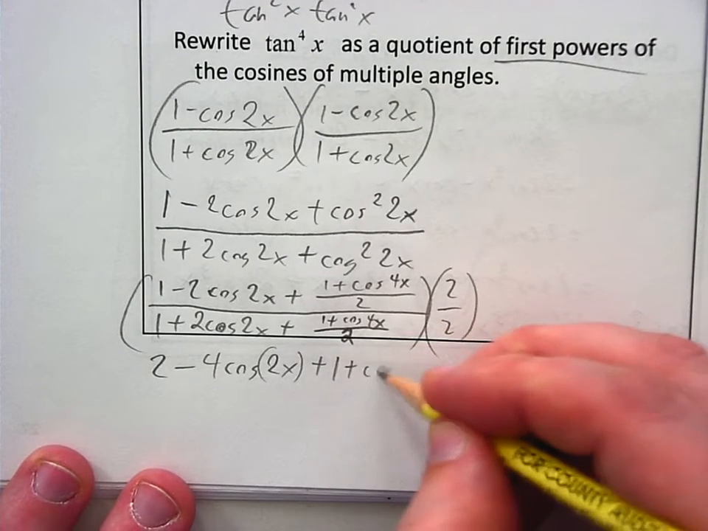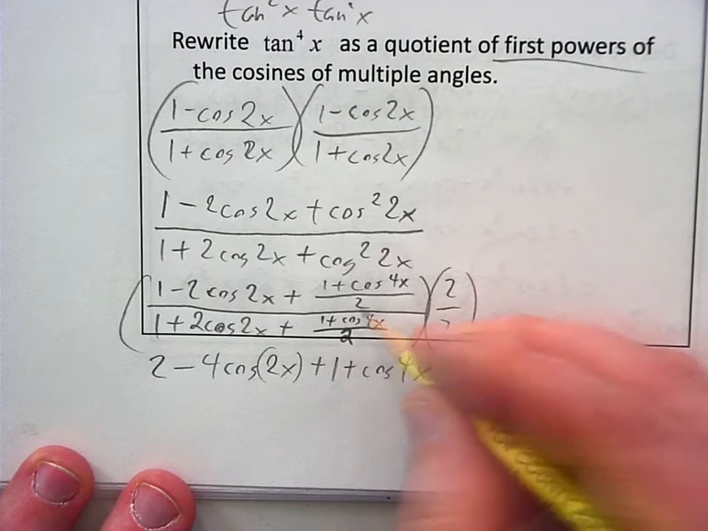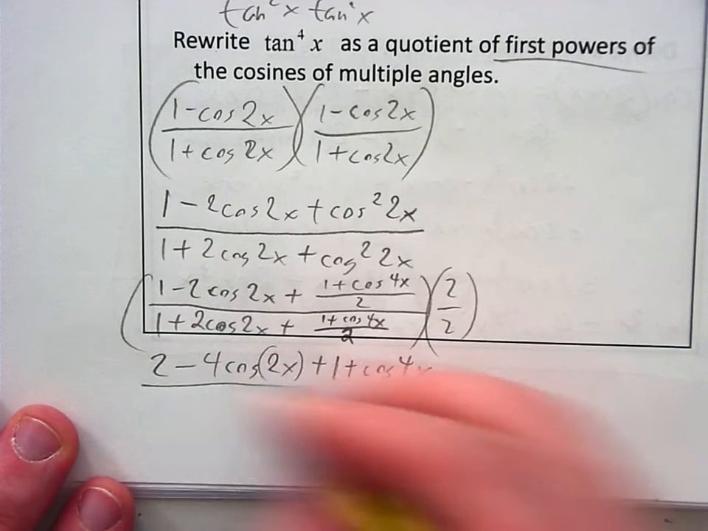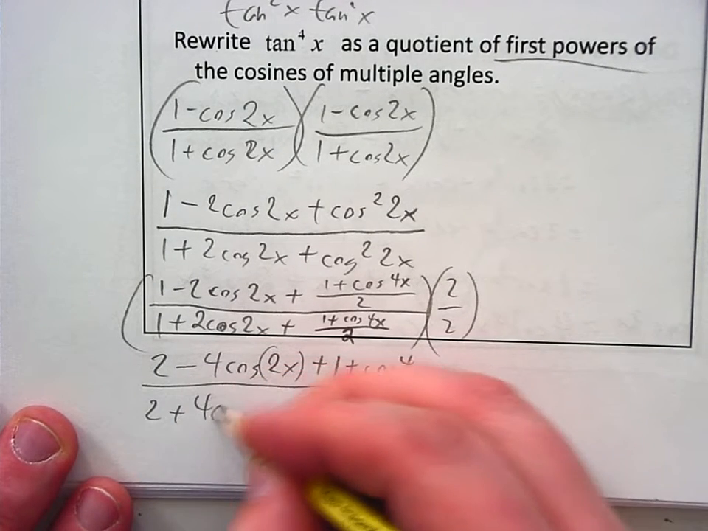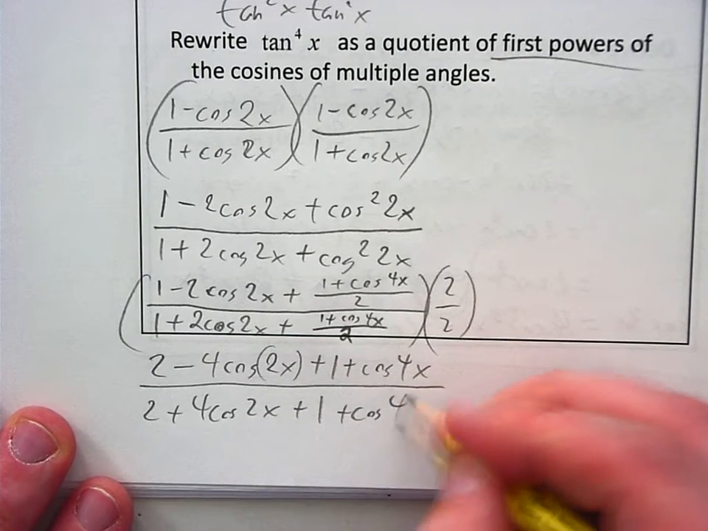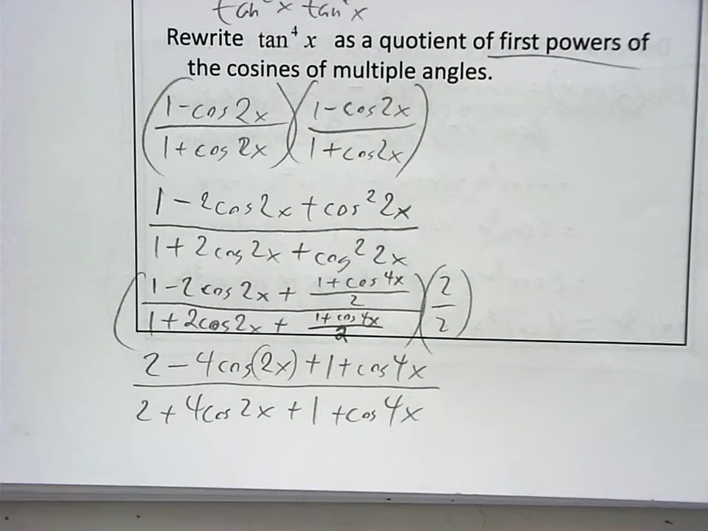Yeah, just 1 plus cosine 4x. Because that 2 is just going to cancel for that last thing that you're adding on. Bottom's going to look exactly the same, except for all pluses. Then I can clean it up a little bit, because I do have some like terms. What do I got? The 1